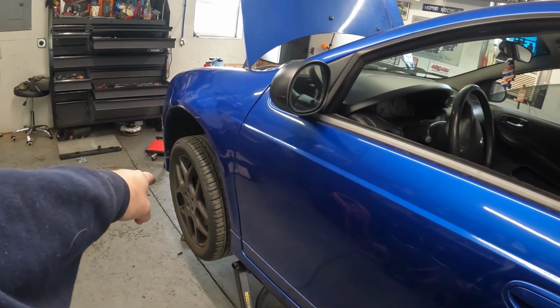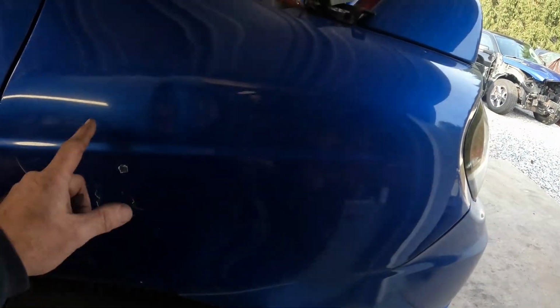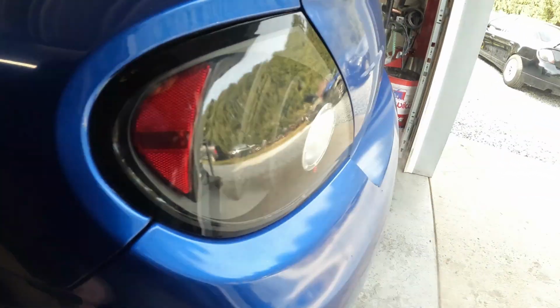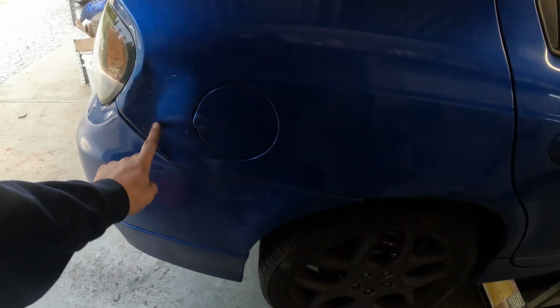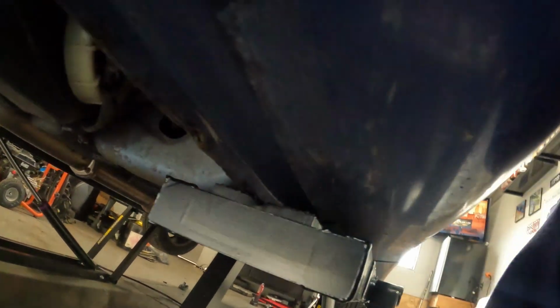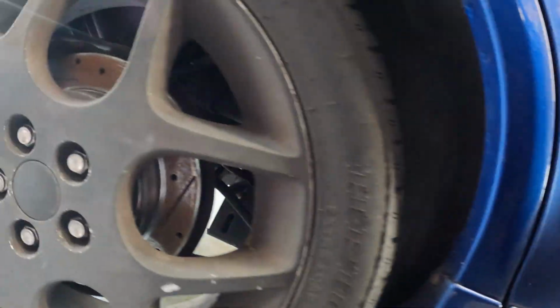The exterior of this car, I think I went over this. A tire actually came loose and bent that fender. I don't know what caused this damage, but something was hit and then something was fixed, and you can tell they didn't do as great of a job as what needed to be done. Like I said, they bumped into something real light here, which is also a pretty easy fix. The best part of this is there is no rocker rust, some bent pinch rails. There's our nice MPX exhaust. It's nice to look up in here and see